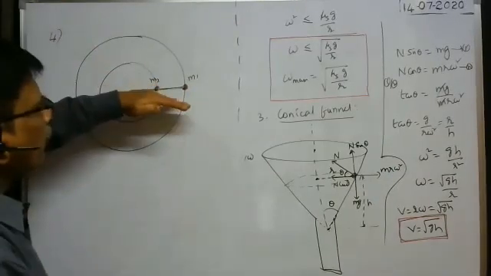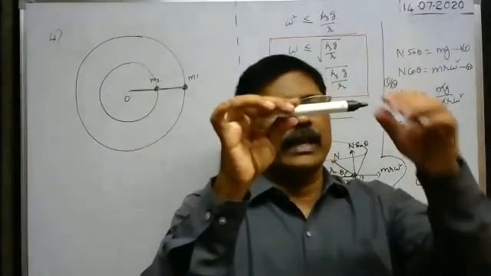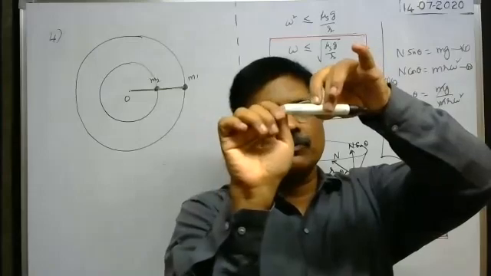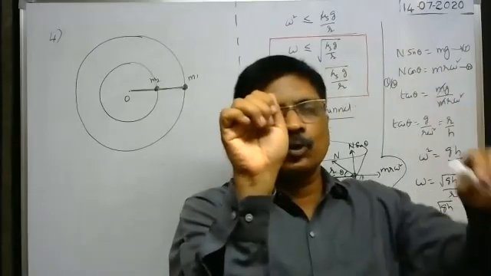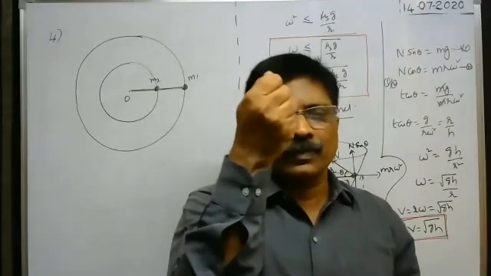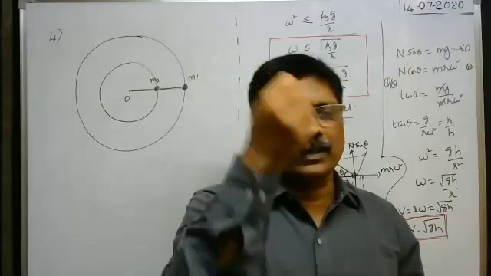These two bodies are made to rotate. Here you see, suppose this is the rope. At one end one body is fixed, at the middle another body is fixed, and the other end is held with the hand, and the two bodies are made to rotate in a horizontal plane like this. It is possible, no? So you make the bodies rotate in a horizontal plane like this.